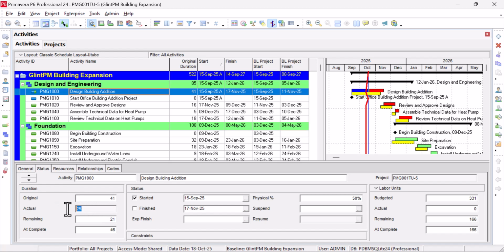Actual spent was 25, so we still have 21 days remaining, and that is what is taking us to 46 and complete. So there are 41 days, now we are having 46. In that case, we need to look for more resources and add to the schedule and bring down the remaining days so that we can compress it. That's what crashing means: bring the remaining days to maybe